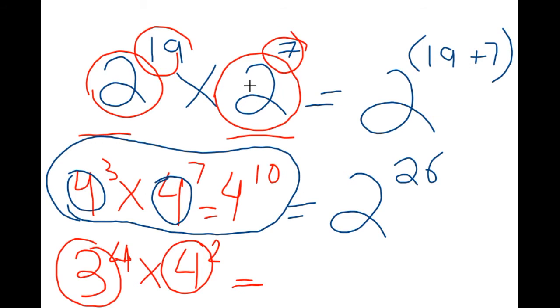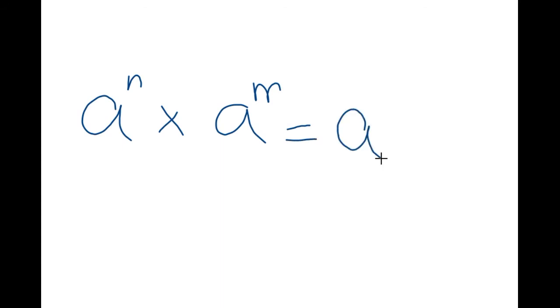So the general rule for all this will be: a number being multiplied by the same number, one has the power of n, the other has the power of m. The answer will be the same base, the same number, to the power of the sum of n and m. This will be the general formula you have to follow for finding out the questions which have the same bases